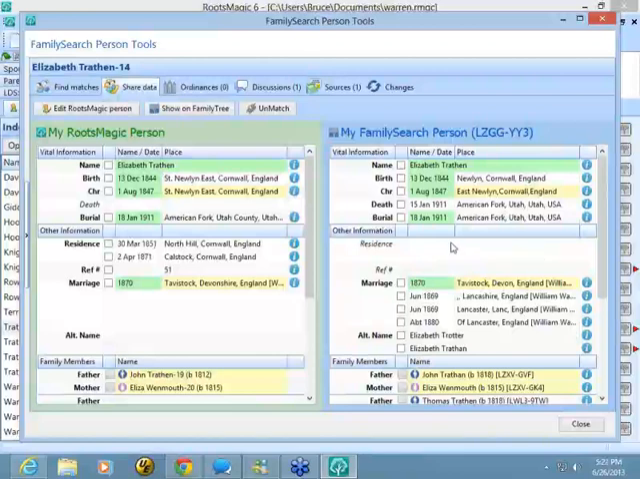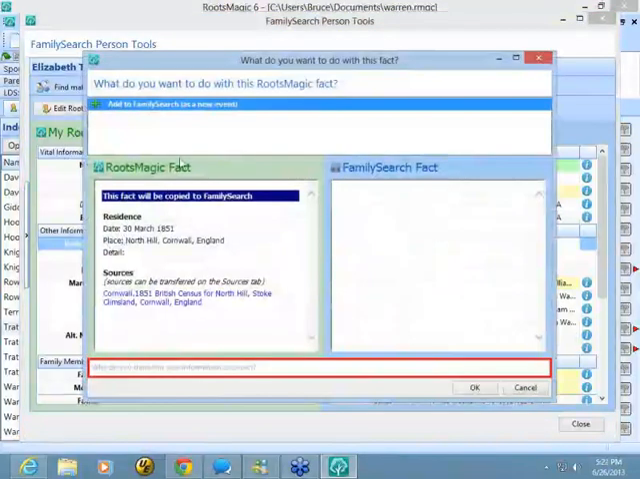If I want to add that to FamilySearch, I just click, and RootsMagic gives me options of different things I can do with this RootsMagic fact. And right now, the only thing I can do with it is to add it to FamilySearch as a new event. Okay, now when I highlight what I want to do,